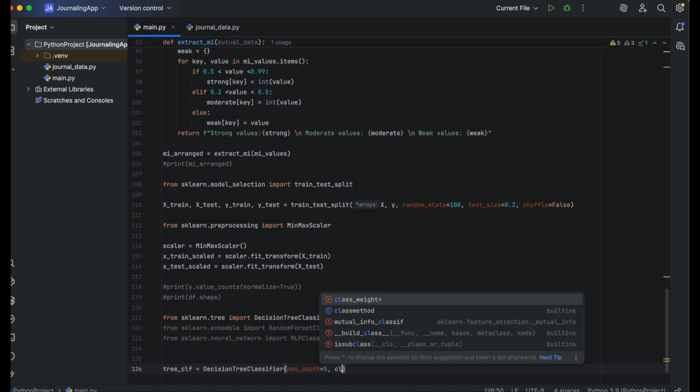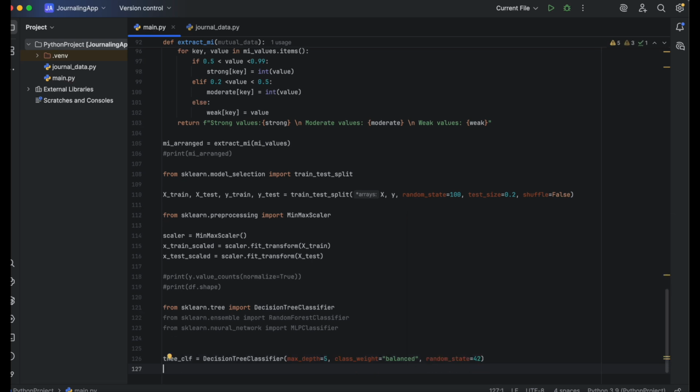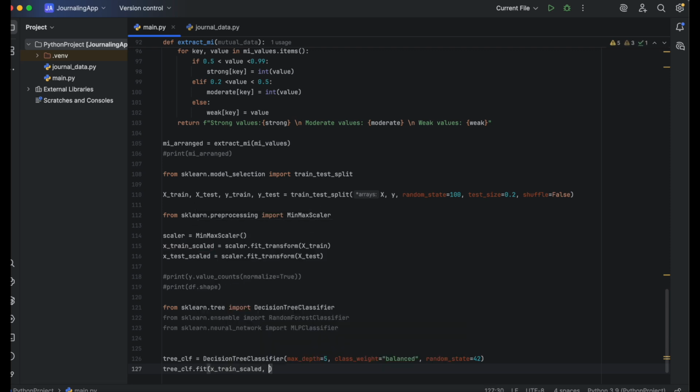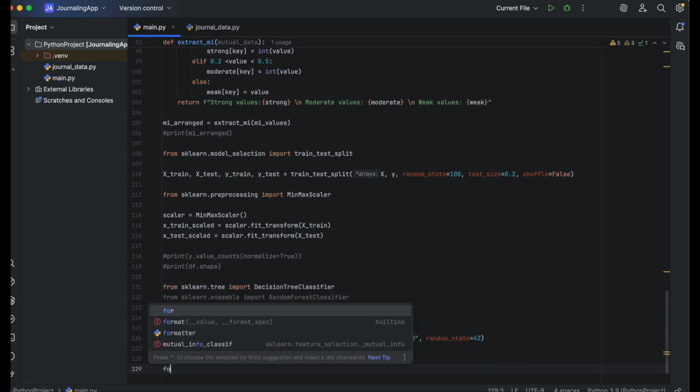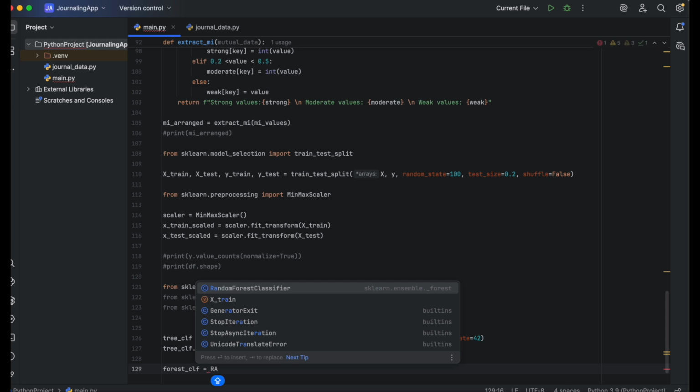For the decision tree classifier, we'll go for a maximum depth of 5 branches, and the popular and arbitrary number of 42 as random state. For the random forest, we'll go for 100 estimators and a depth of 7 branches and the same 42 random state. For the MLP, we'll go for 50 as the hidden layer sizes parameter defines the network's depth and width, which directly impacts its capacity to learn complex patterns, 500 iterations, and the same 42 random state. The balanced class weight parameter tells the model, give more importance to minority classes and less to majority classes.